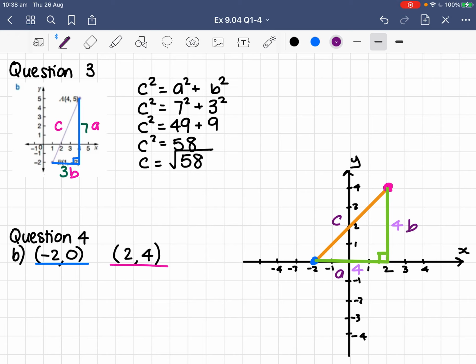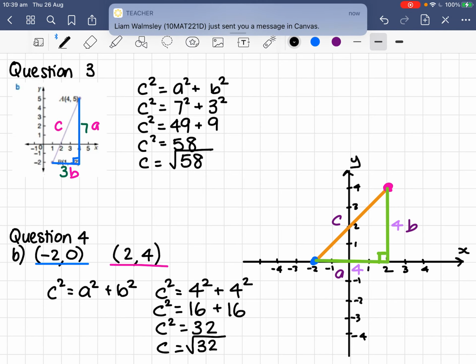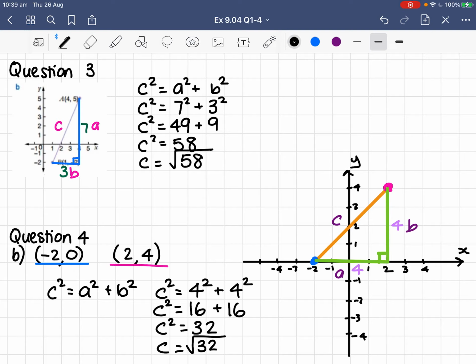So remember, our C is always opposite our right angle, and then we have our A and our B value, and then we want to plug this into Pythagoras' theorem, which is C squared equals A squared plus B squared. So C squared equals our A value of 4 plus our B value of 4. So C squared equals 4 times 4 is 16, plus 4 times 4 is 16. So C squared equals 16 plus 16, which equals 32. We then take the square root of both sides, so we get the square root of 32, and we're going to leave it as the square root of 32 because if we put it into our calculator,